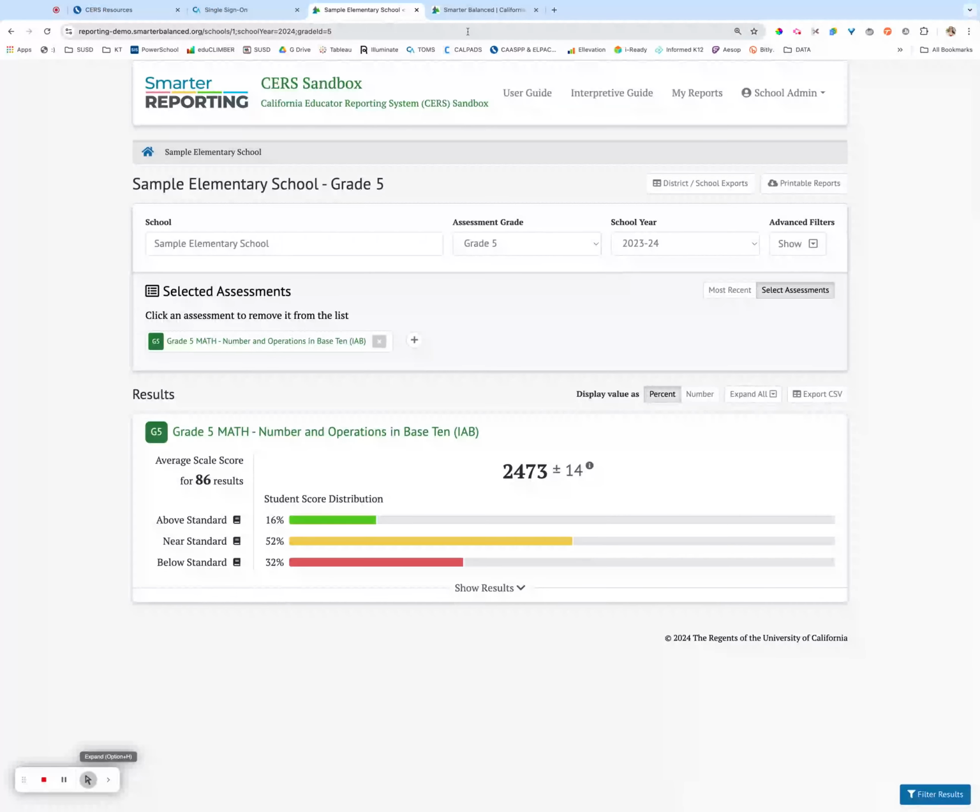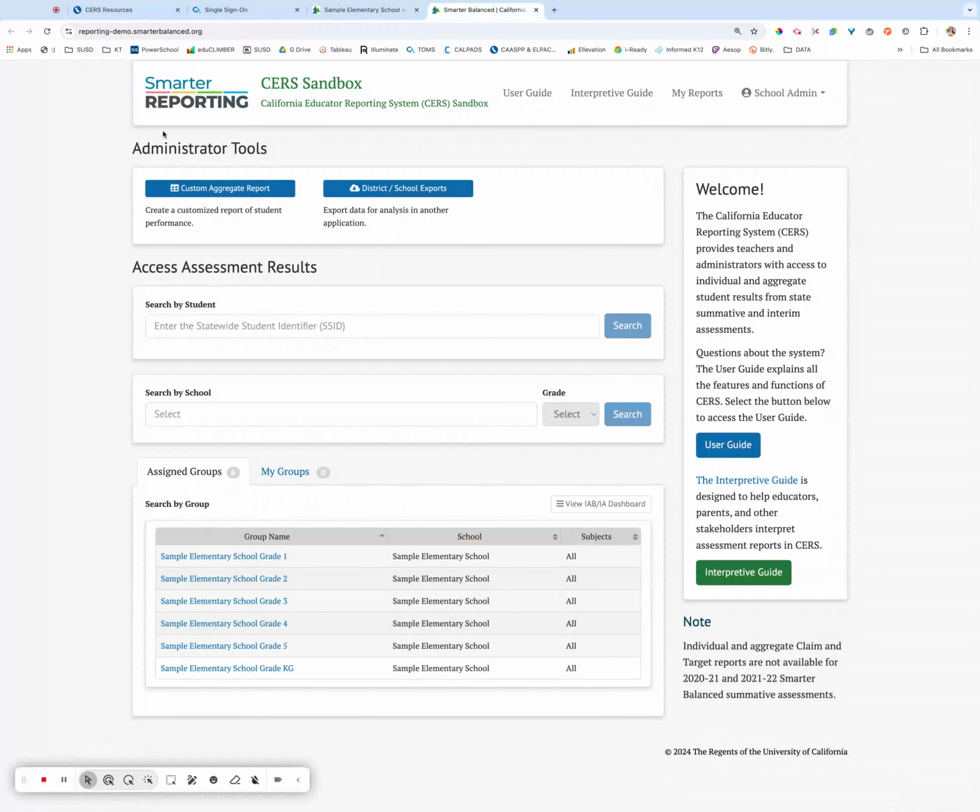So when you first get in, you'll see a screen that looks like this. It shows administrator tools, custom aggregate reports. That's how we got our target and claim reports. You can also search by a particular student, and if you are assigned any CERS roster groups, which our teachers are, they are assigned roster groups based on their rosters in PowerSchool, but if you also are assigned groups, they